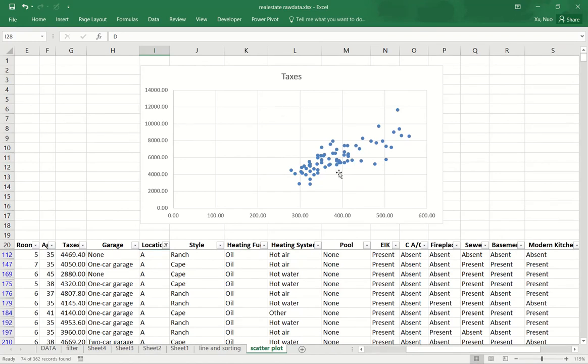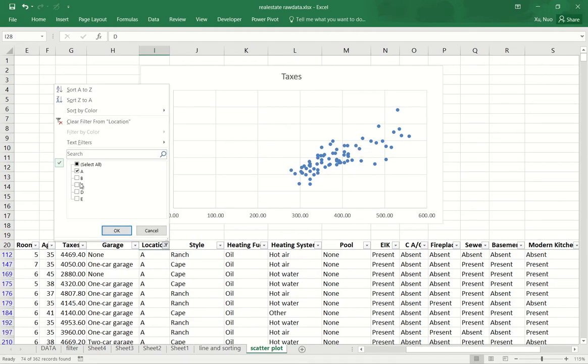But there are other factors at play, because for these houses that are close to 400K in value, they are taxed quite differently. The second observation I want to share with you is if we look at location D,